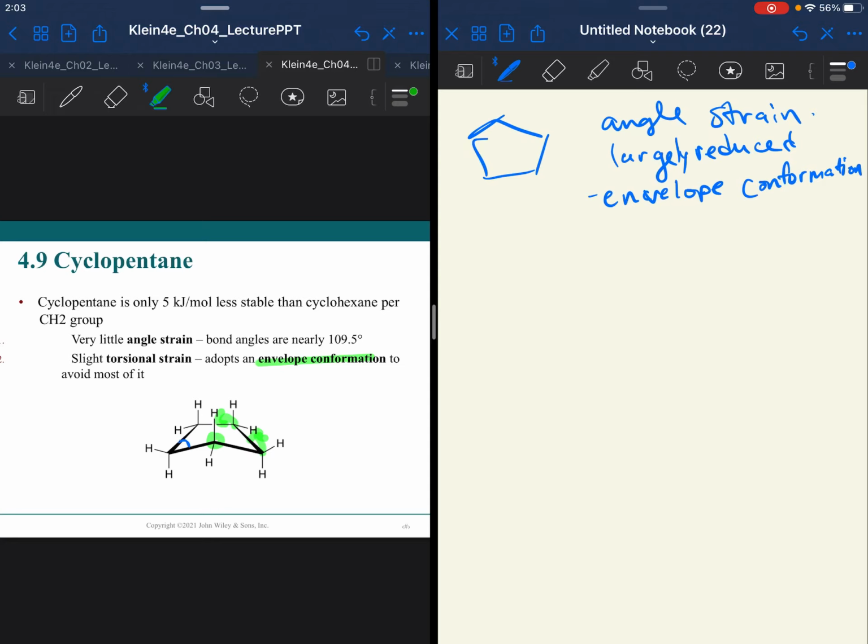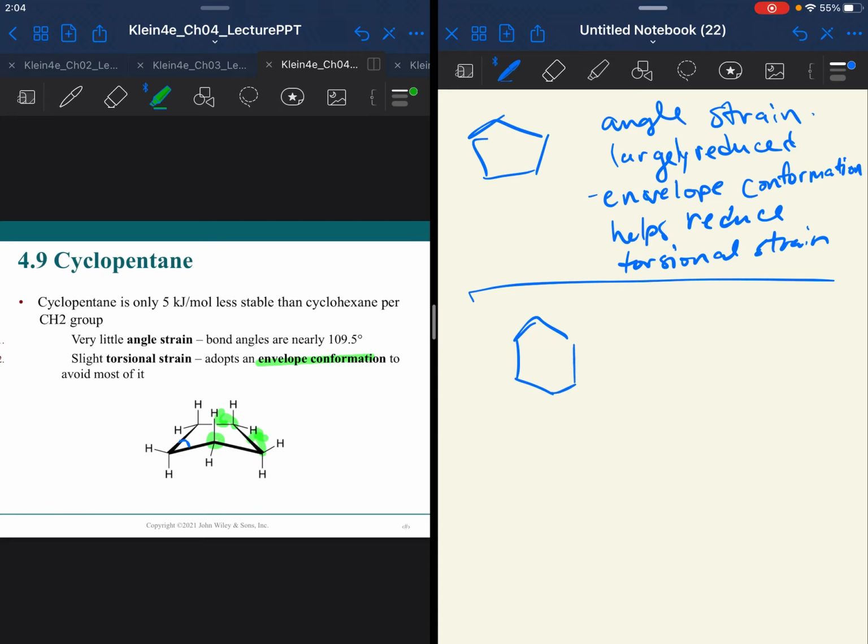So the average is a much lower ring strain, right? It's a lower energy. It's more stable. So the envelope conformation helps reduce the torsional strain. So it's not surprising that we see 5-membered rings a lot in nature, industry, and pharmaceuticals, throughout this year together. The 5 and 6-membered rings are the most favored ring sizes. So we spend most of our time talking about that 6-membered ring because